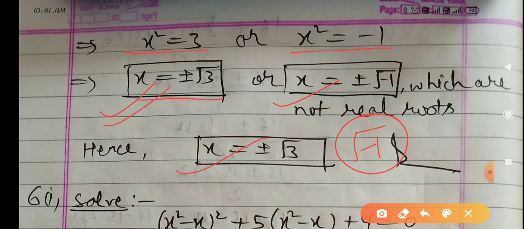So you can keep in mind, the square root of a negative number is not known because no real number is there whose square is negative. Every real number has its square as a positive number.